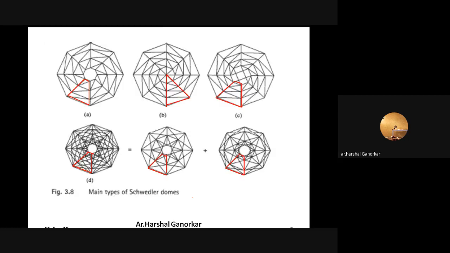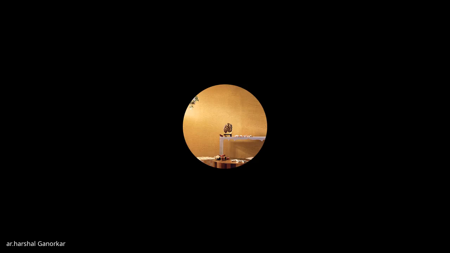Now see its types. These are the basic types of Schwedler dome. In Schwedler dome you can have this type also, with this kind of meridional ring or diagonal bracings. This is there, this is there. Now it is very difficult to draw, but when you understand how it is going to join, then you can draw it very well. First you have to understand how this is going to meet. So you can draw the half portion only, for each truss or each type.